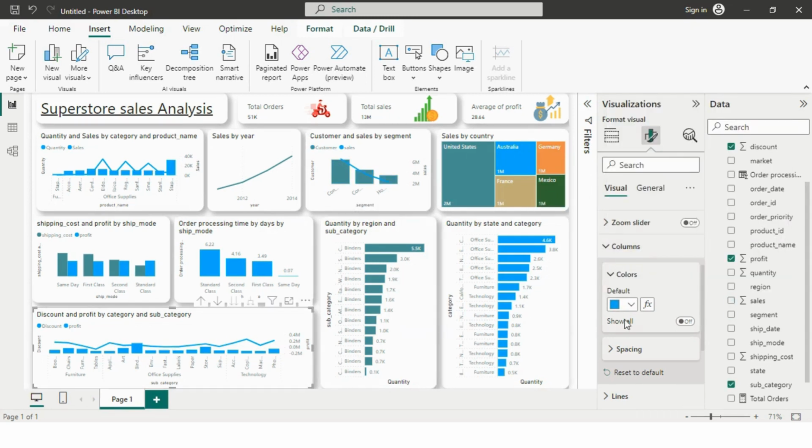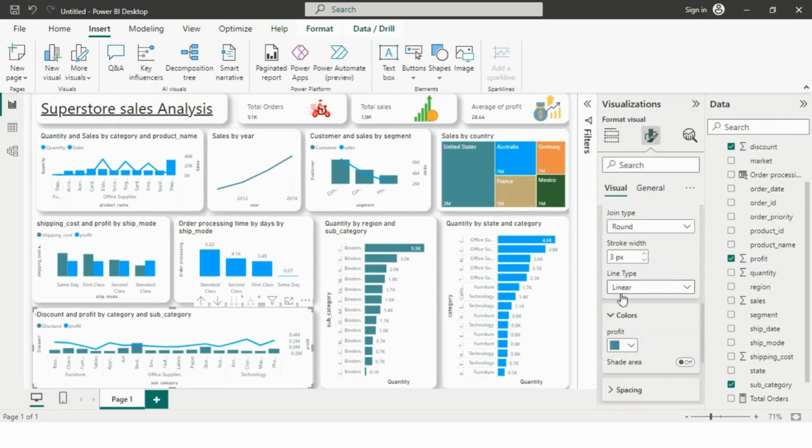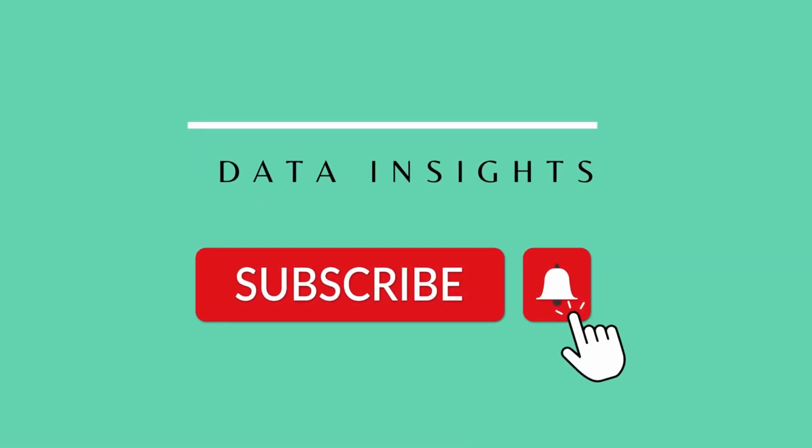And I'm just changing the colors of some bars to better represent because I wanted the same color in all the visuals. So I'm using the second common color in our visual and replacing it in some parts, as you can see. So this is all for our Power BI dashboard